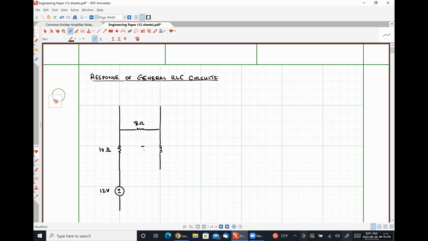We'll have a 50 millihenry inductor here, a 20 ohm resistor here,